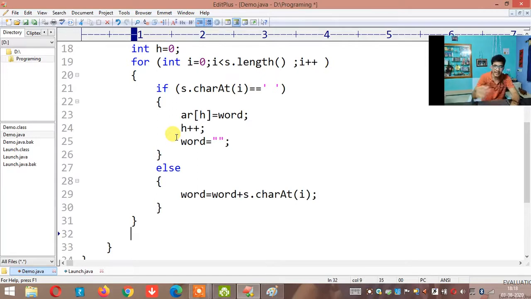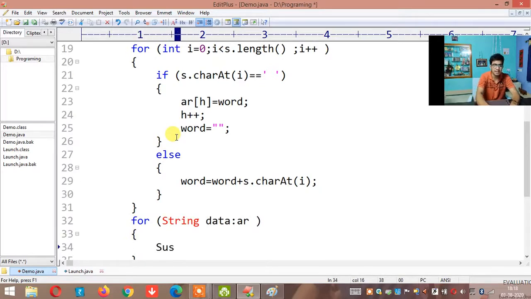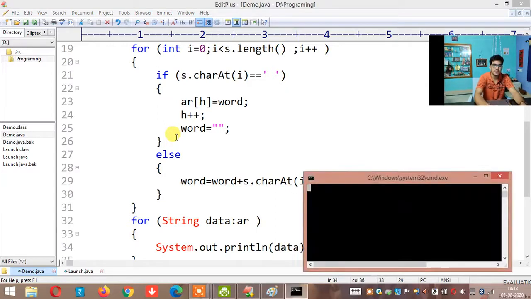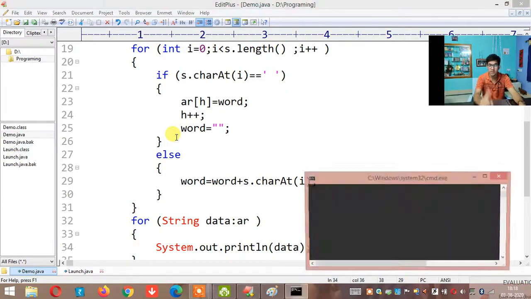Yes. Then what I will do is print the array elements now. Since I have stored all the elements in the array, I will print array elements. How do I print array elements? Let me use an enhanced for loop, so that will be a revision for you. I will tell from the array AR, give one by one element to data. Each word is of what type? String type data. Then let me print this data. System.out.println. What am I doing? I am printing the data. So compile, and if I execute, watch here carefully.